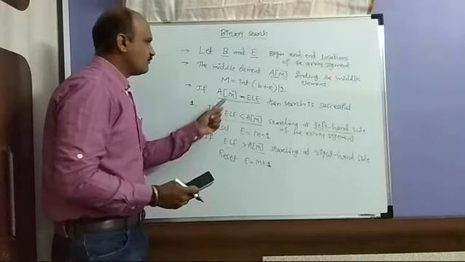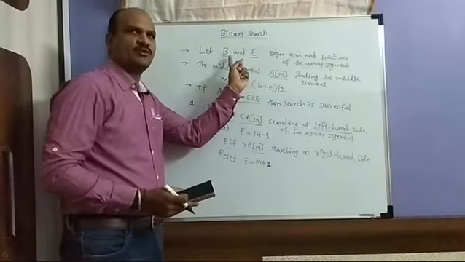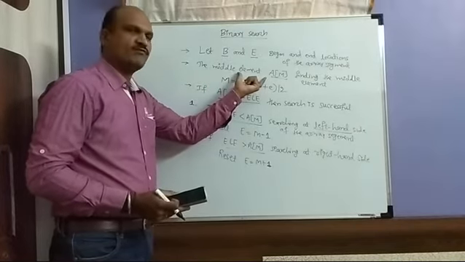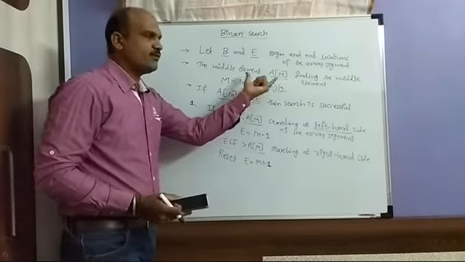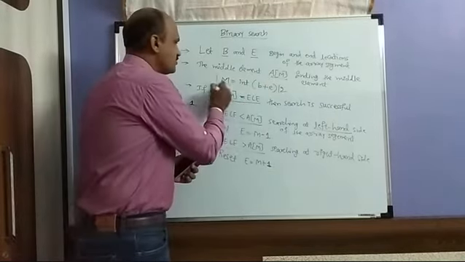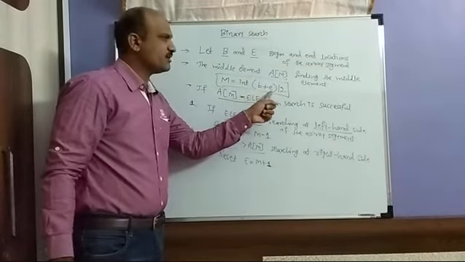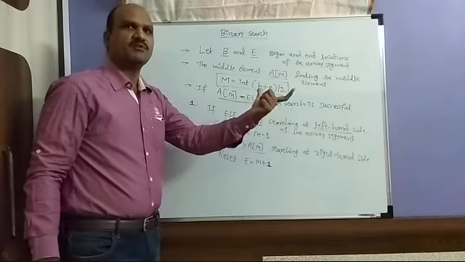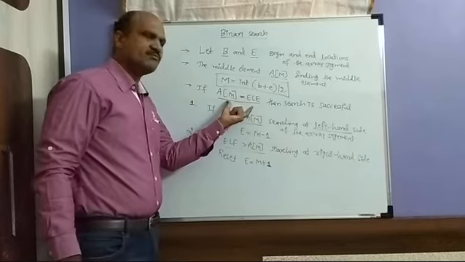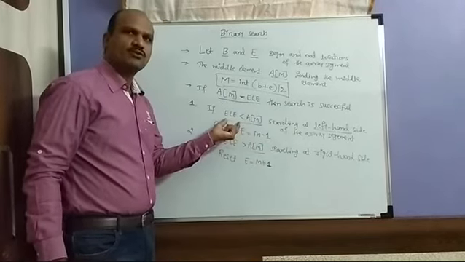So the first condition is you have to find the beginning and end element, and as I told you, the beginning and end elements will be there in the locations of the array. Then a of m is the middle element. To find a of m, you have to do this: m is equal to integer of (begin plus end) divided by 2, then you will get the middle element. So if the search element is the same as the middle element, then automatically the search will be successful. Otherwise, you have to go for the two conditions.